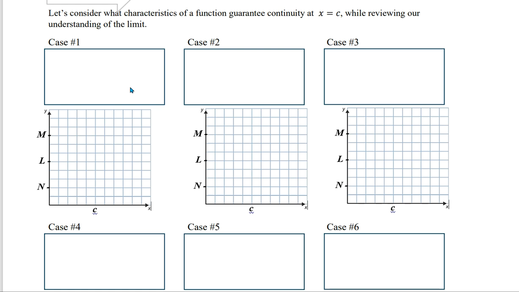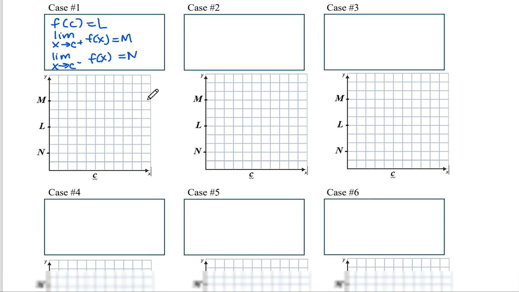So what I'll do is I'll give information in this way. In case one, there are going to be three pieces of information. First, f of c is equal to L. Second, the limit as x approaches c from the right of f of x is equal to m. And the last piece of information is that the limit as x approaches c from the left of f of x is equal to n. I will give that information verbally, you will practice writing it in just like I did,